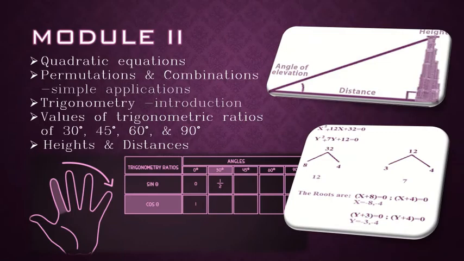In Module 2, the first topic is quadratic equations. We know that the quadratic equation contains only powers of x that are non-negative integers and therefore it is a polynomial equation. Next one is permutation and combinations. These are the various ways in which objects from a set may be selected, generally without replacement, to form subsets. This selection of subsets is called a permutation when the order of selection is a factor, and a combination when order is not a factor.